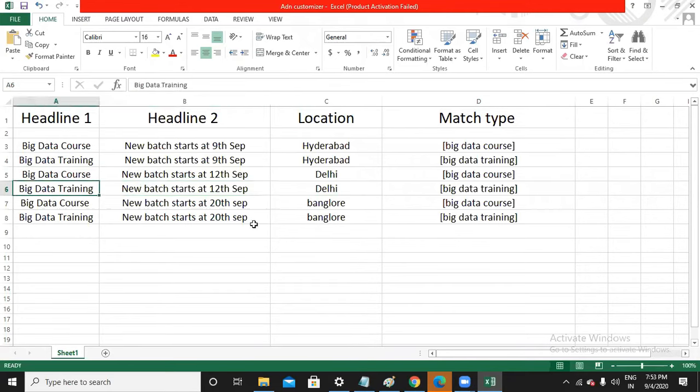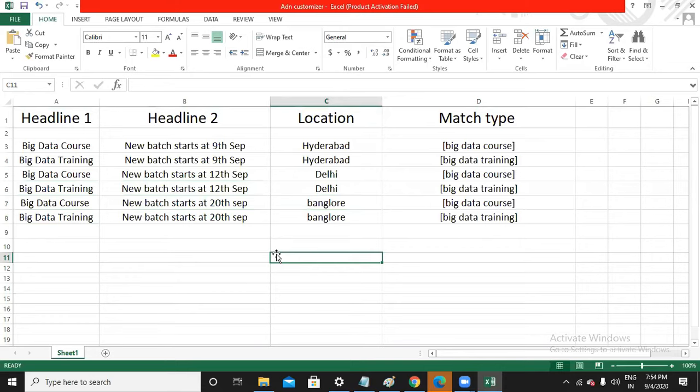And from Bangalore, 20th September, big data course and big data training. Yes, of course, you can have different headlines, but not for multiple locations in one campaign. At that time, you have to create different campaigns and different ad groups.